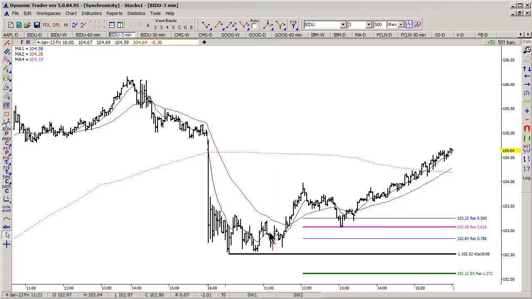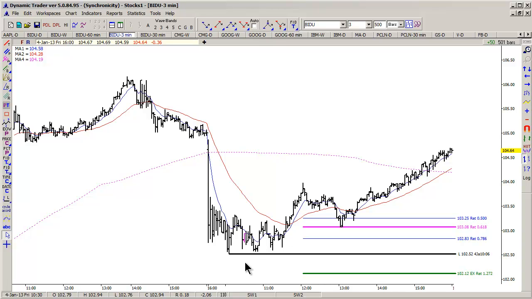Okay, so what I like to see for a trigger, I want to see it take out a prior swing high, and that needs to be confirmed by the moving average crossover, the 8 over the 34. So this is on a 3-minute chart. Here's where you had the crossover. You had already taken out a prior swing high. At this point, you could look at the buy side in BIDU and place your stop underneath the recent low